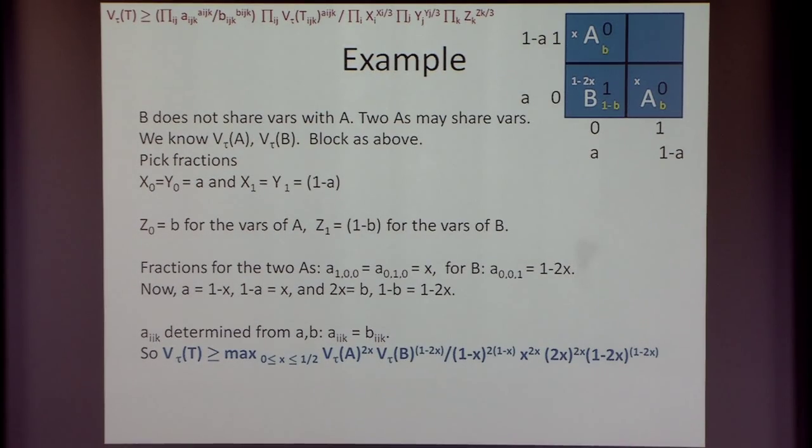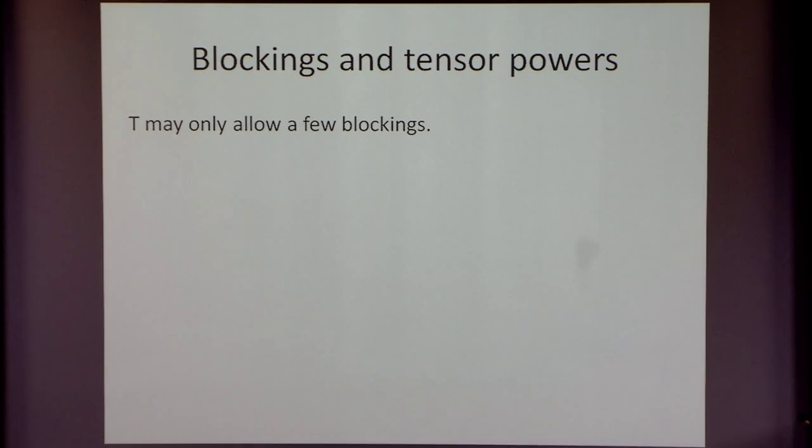So for any tensor, you can get some blocking, and you can get this thing. The value that you get may or may not be close to the real value, so you're getting just a lower bound on the value. But sometimes it's good enough to get omega, some bound on omega. Okay. One extra interesting thing is that if your original tensor is small, then it may only allow for one blocking, for example. So you're very constrained in what you're analyzing.